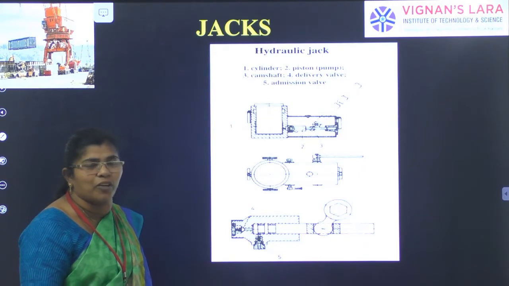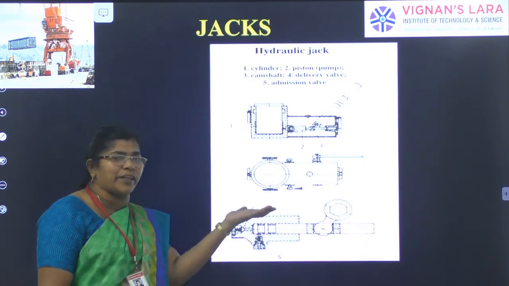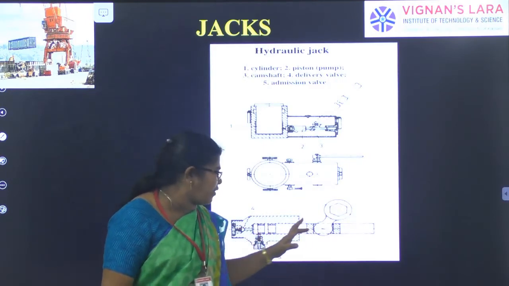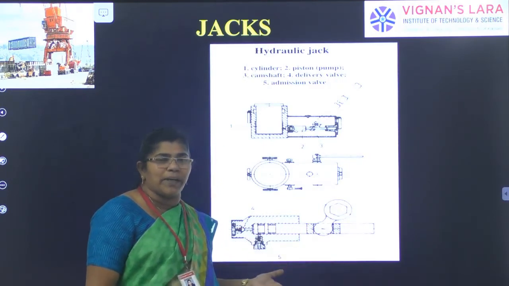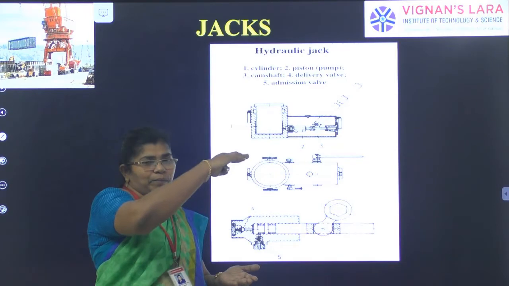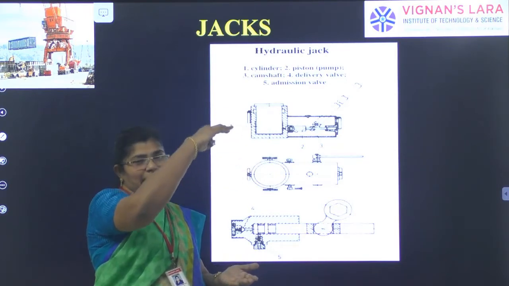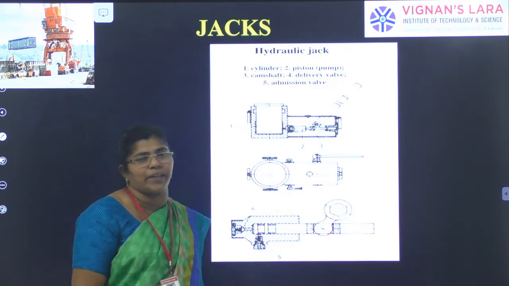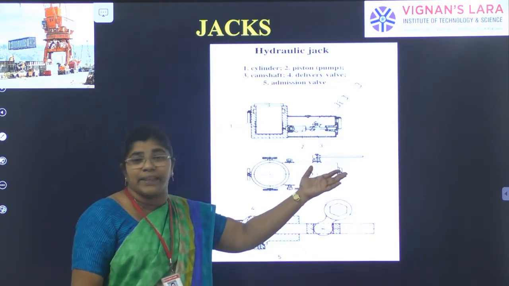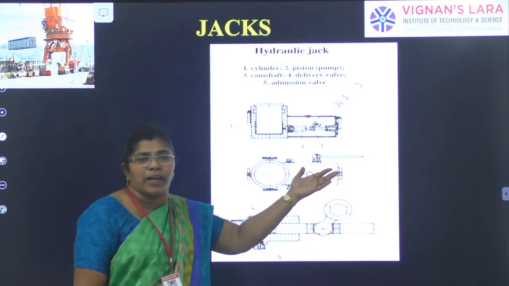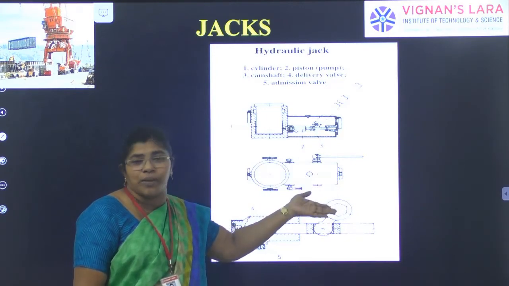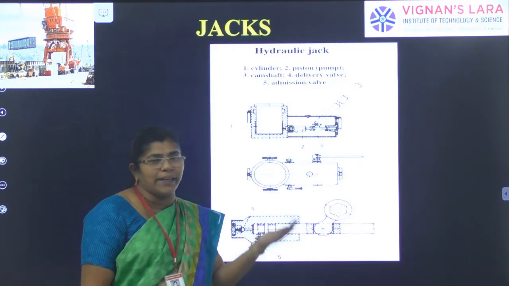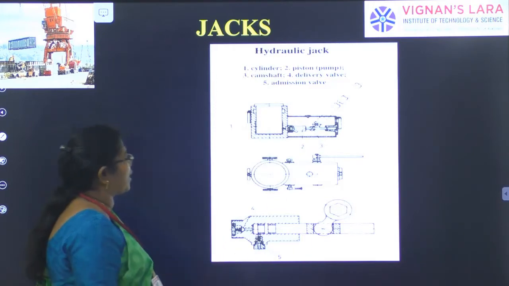I told you just now the example of a car lifting. That is the main thing. Here there is the pulley, and oil will be there. Depending upon the pressure, these machines can be lifted high. Mostly in industries, to lift very big machines, we use only hydraulic jacks. Even in our labs, the compression testing machine and universal testing machine move up and down with the help of hydraulic jacks only, with the help of the hydraulic